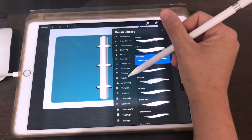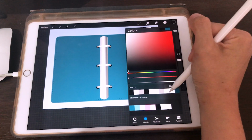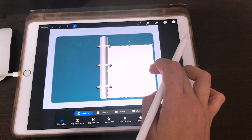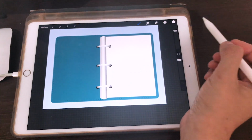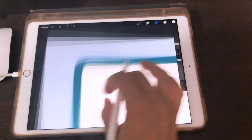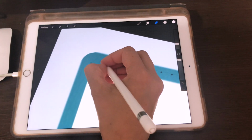Then between the binder and the cover, you can add another rectangle that is white. This is going to be the paper. We're going to resize that. We are going to erase the corners. You don't have to do this if you don't want to. I like to do so it keeps the